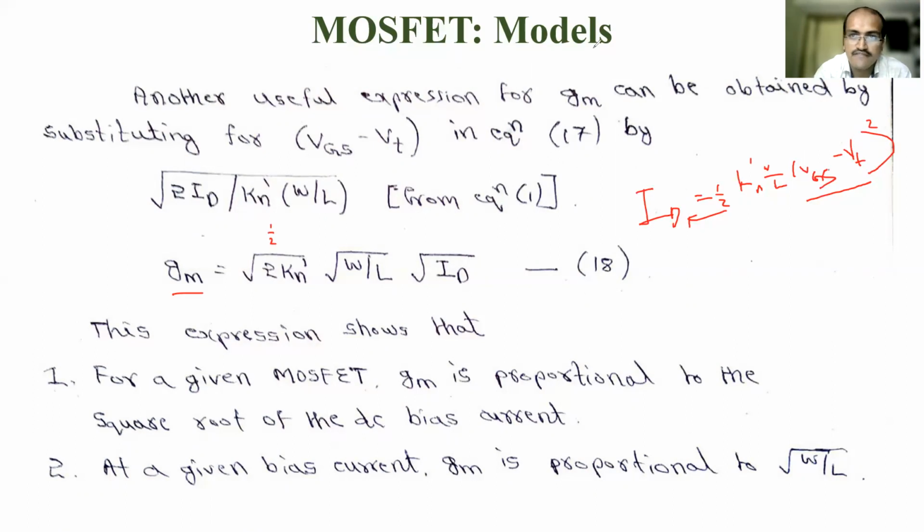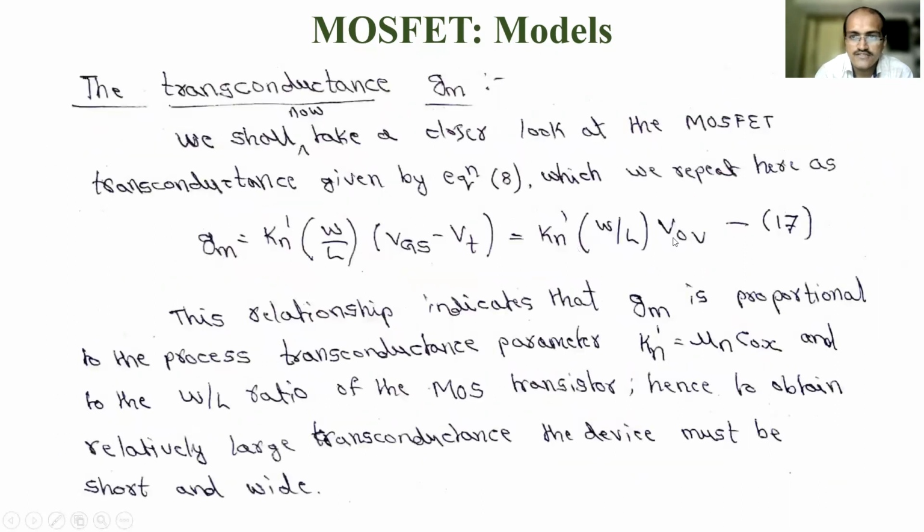And in this equation 17, just write it down yourself. So here I am substituting the value of VGS minus VT. What is that value? ID divided by square root of 2 ID divided by square root of Kn dash W by L. Since Kn dash W by L is there, the square root of Kn dash W by L will cancel out, and here square root of Kn dash W by L will come, and square root of 2 ID is there, so it will remain. That is what I have written there, equation number 18.